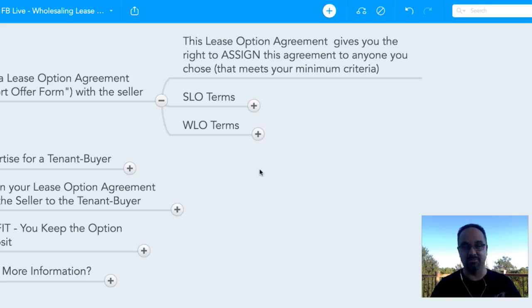The seller is the A to B. When I find another tenant buyer, C, I'm going to assign my contract to that tenant buyer. And I'll talk about all of that, how that works, later on. Sometimes I make different offers to a seller. And if the numbers are good, the beautiful thing about lease options is that if the numbers are good, I can